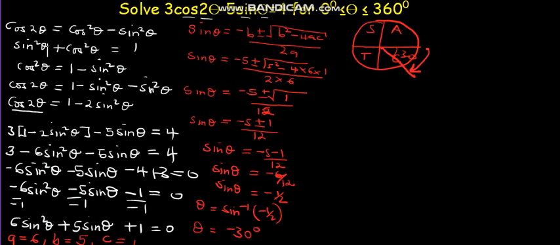Is that okay? So another angle is found here, and for it we shall move from here going towards that side, and we shall have 180 plus the 30, which is 210 degrees. Therefore the first theta will be negative 30 degrees and 210 degrees. Is that okay? So we have to find another angle of theta, and we said that sine theta